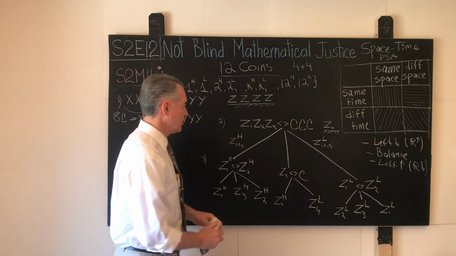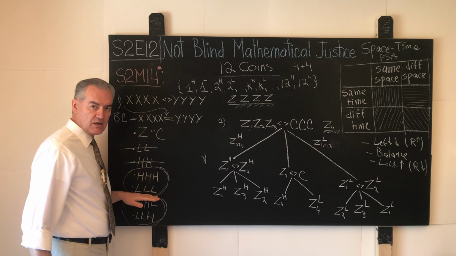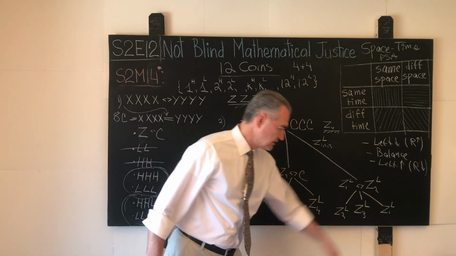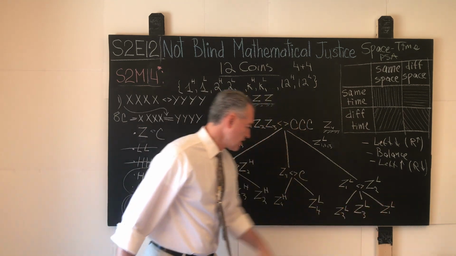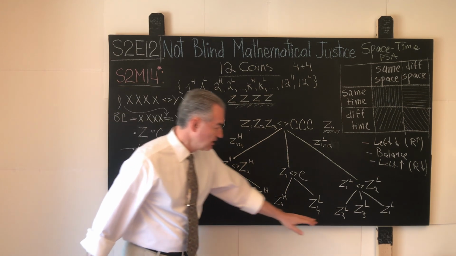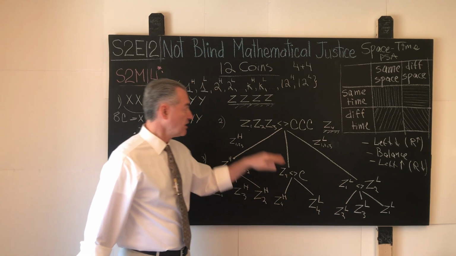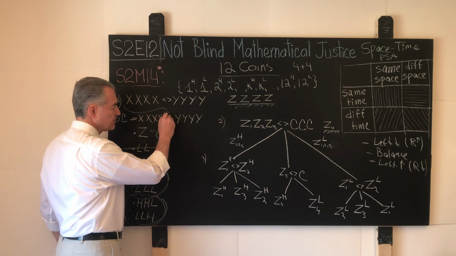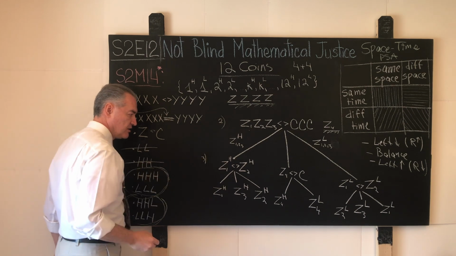And this is our second distinct solution based on the HHH-LLL conjugate pair. Let's count the number of outcomes. 1, 2, 3, 4, 5, 6, 7, 8. The numbers look good. What about the individual coins? Z1 heavy, Z1 light, check. Z2 light, Z2 heavy, check. Z3 heavy and light, check. And again, the coin Z4 in the middle, both heavy and light, covers all the cases, and this solves the problem of the case when the pans do balance on the first weighing, and these are the second and the third weighings.